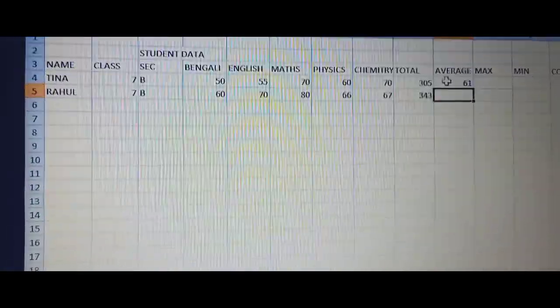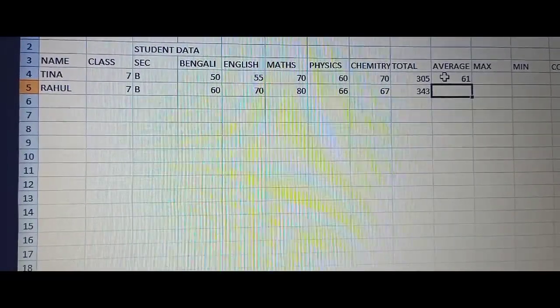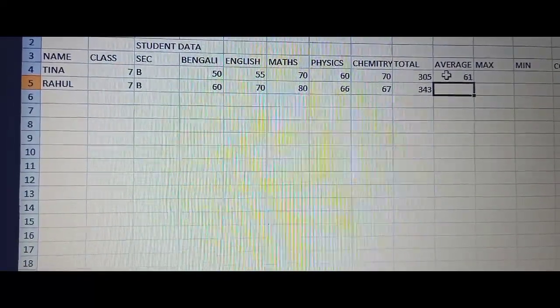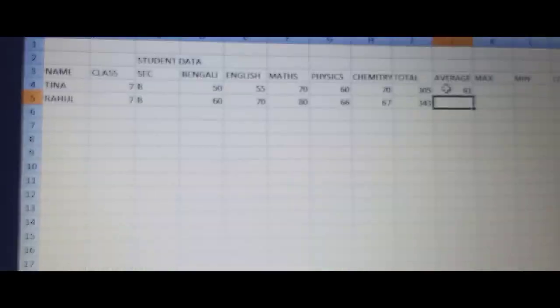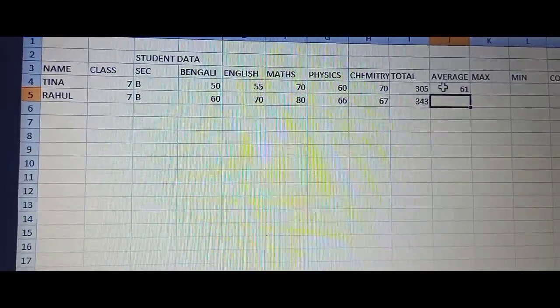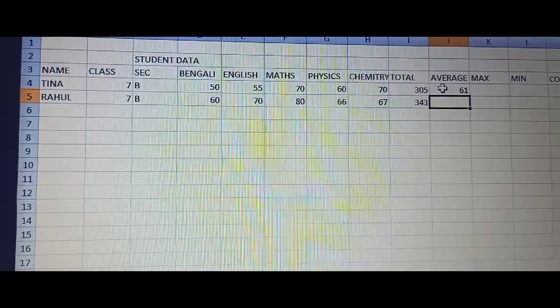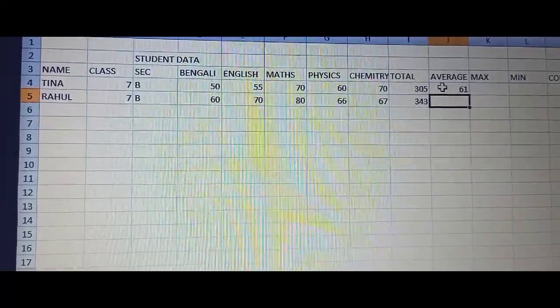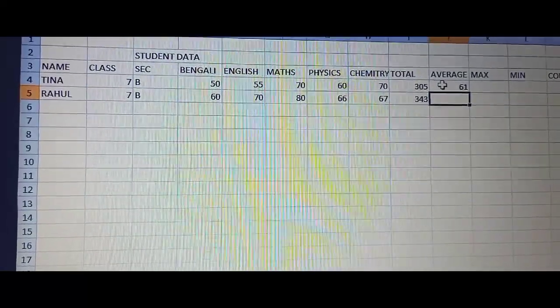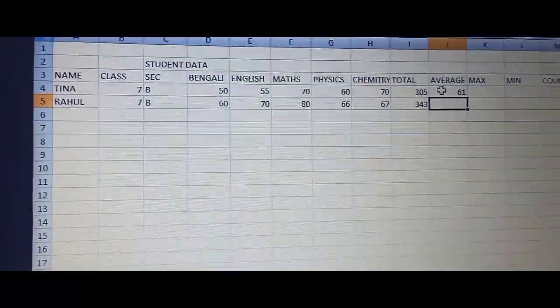So average of all marks. There are total 1, 2, 3, 4, 5 subjects. If you do the calculation, you will find the average of all the 5 numbers. How will we find it? We normally do the sum of all the 5 numbers and divide it by 5. You just do it and you will get the average of 61.